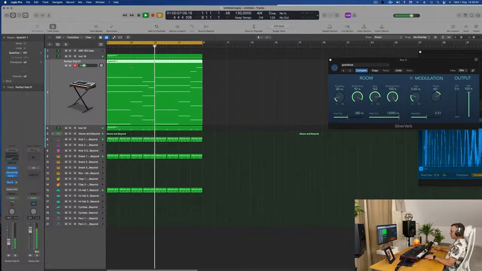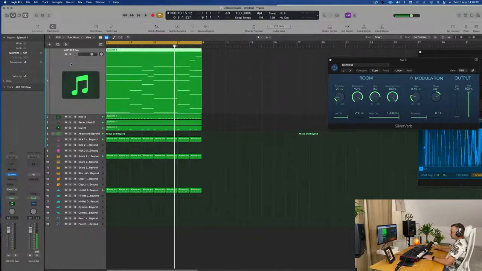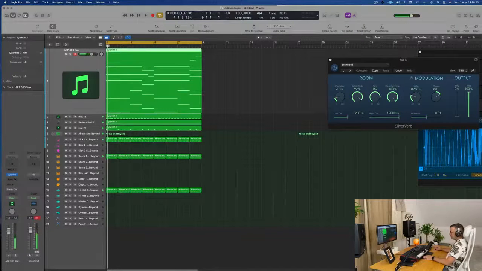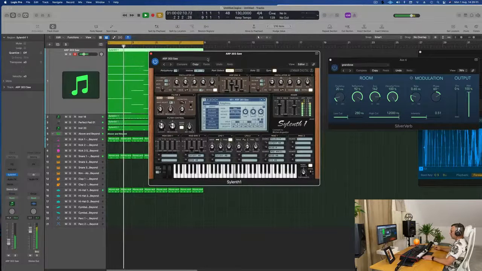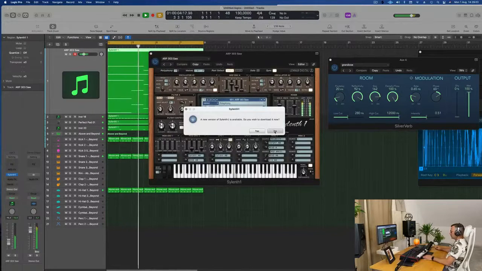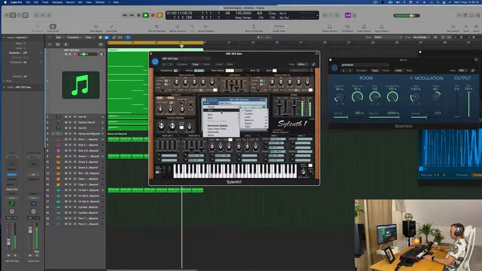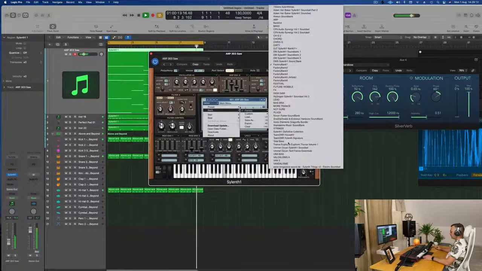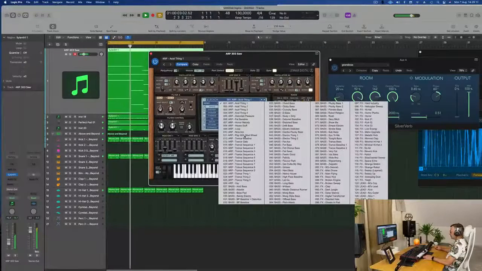However, I think we would need probably an ARP to make this into something groovy. Not a big ARP, not like a big la rah rah rah rah like thing, but like an ARP, like something, not this one, that's for sure. I'm gonna go into my presets here, factory, definitive here, and I have some